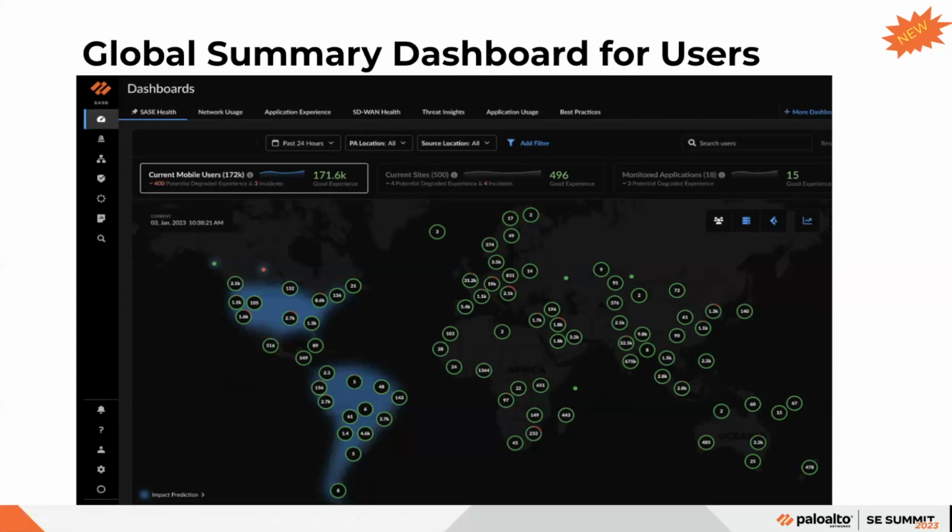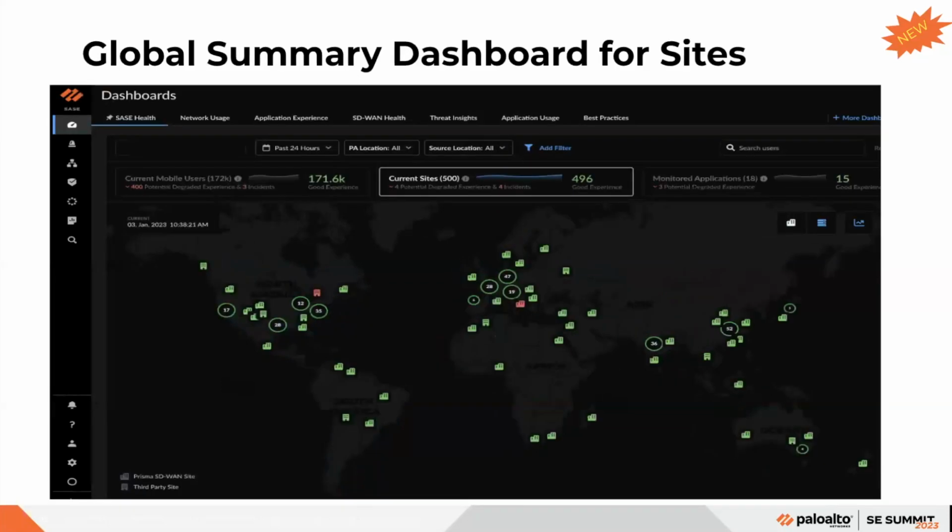And this line chart shows the current mobile users' trend of average experience across different time frames, and you can select different time ranges and filters based on your deployment. The next dashboard we have